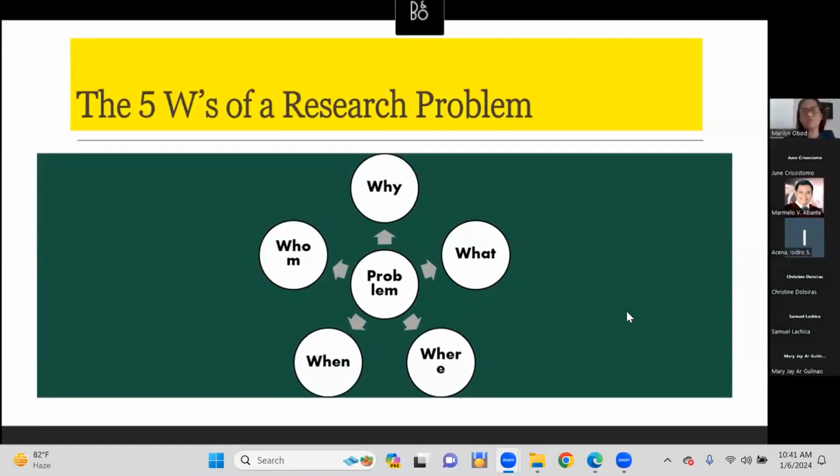So knowing that you have to get this, the next thing is where will you conduct your study? Where? So the what is for the statement of the problem, the where is for the locale of the study. Locale means the area where you will gather your data. And when is important also in doing research: when will you conduct this study? Okay, if you want to graduate by August, you will conduct it so that gathering of data should be at least up to July. And the thesis defense should be on the last part of July so that you can answer, di ba, the what and the why in your